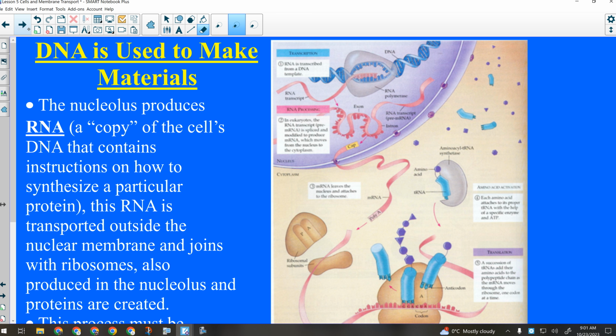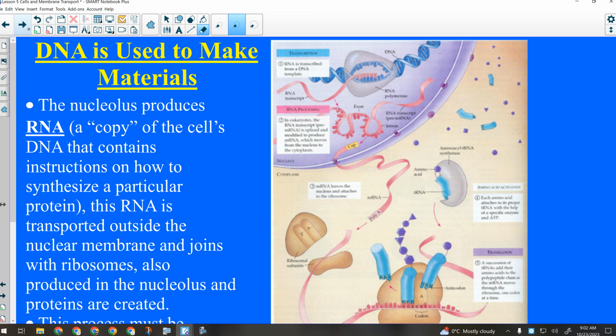Okay, and that enzyme pulls the DNA strands apart, right, because DNA is double-stranded. Now, because the strands, and I think you learned this in Science 9, are complementary, right? A always goes with T, G always goes with C. You only actually need to copy one side, because you know what the other side would be, because they're always complementary. So the RNA transcriptase pulls the DNA apart and copies one side of the strand and then puts it